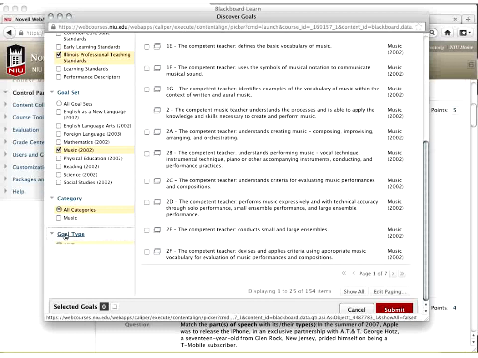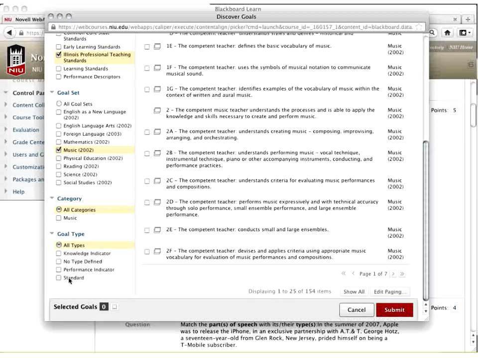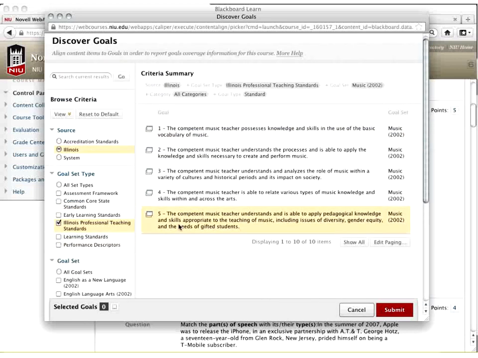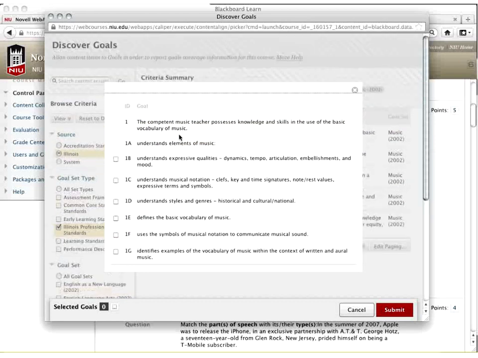Depending on how the goal set is set up, there may be a category that you can narrow, or a goal type. So I can select standards, for example, and here I have the 5 primary standards that fall within the music category of the Illinois Professional Teaching Standards. So these are very nested. And if I open the details for Goal 1, that gives me all of what are called the child outcomes for that large goal. So within Standard 1, there are actually 8 substandards, and I could select multiples of these